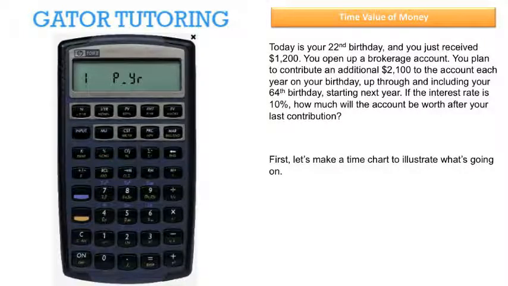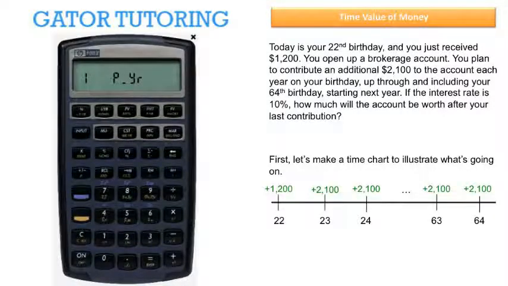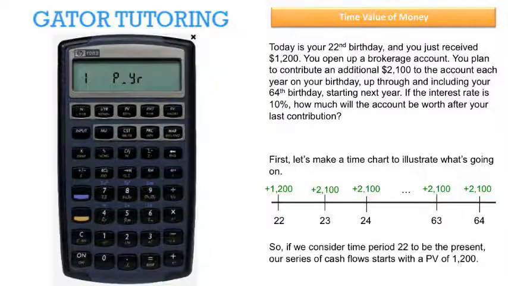So we create a time chart that shows us the cash flows for this combination of an annuity and a present value, which we will project into the future. So if we consider time period 22 to be the present, our series of cash flows starts with a present value of $1,200. Starting next year, we will then have $2,100 of inflows into the account each period up to